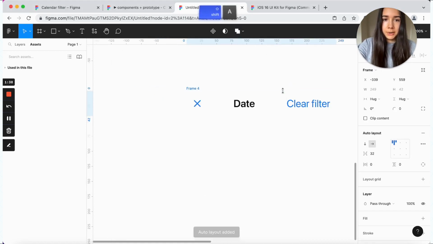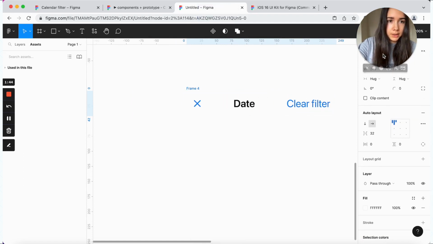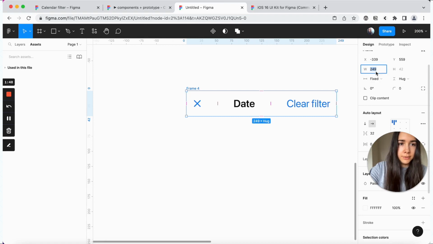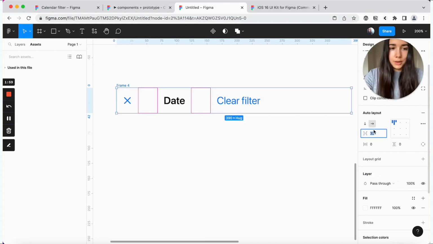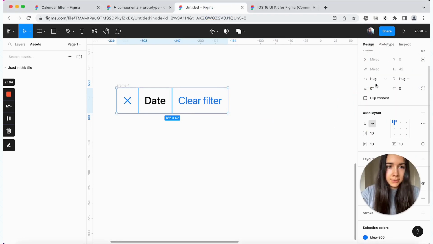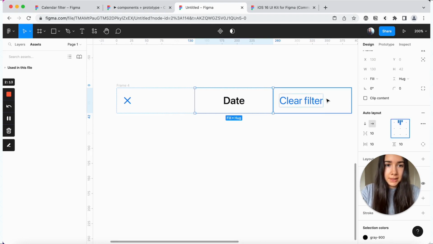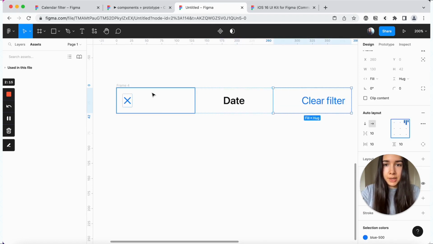Now we can combine all of this in one auto layout, and we'll give it a fill of white. And we also wanted to have a fixed width of 390. We don't want any spacing in between. And then we'll just set this to fill the container. So they're about the same size. And this one is going to be centered. This one is going to be aligned to the right. And this one's going to be aligned to the left.